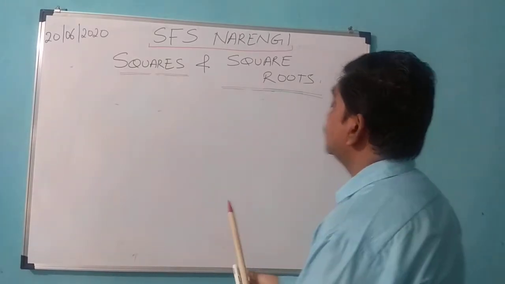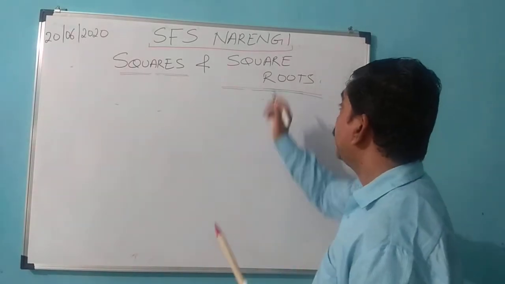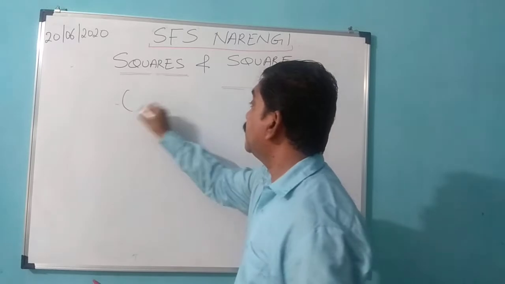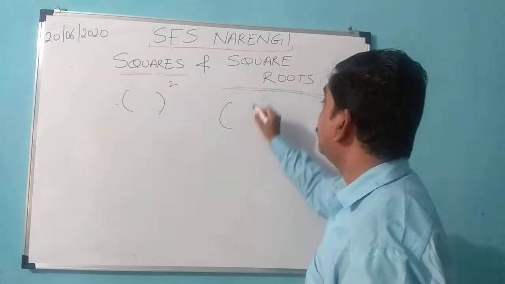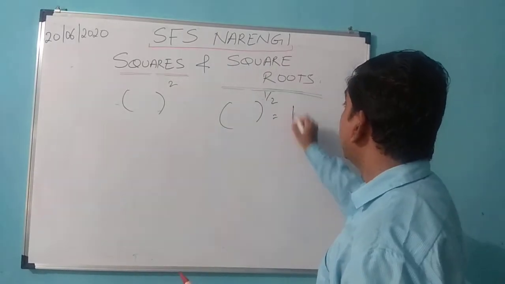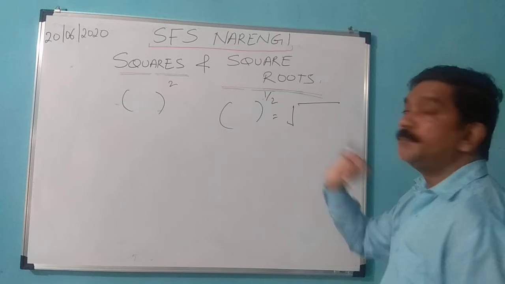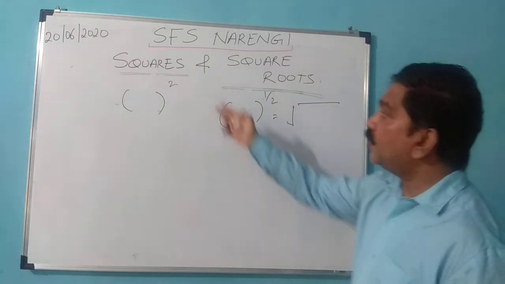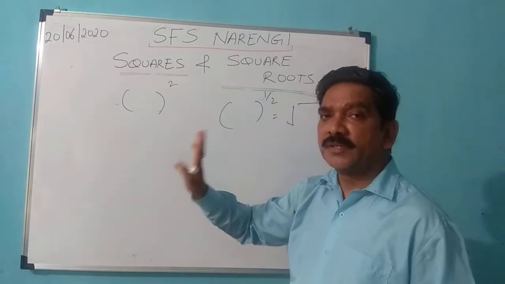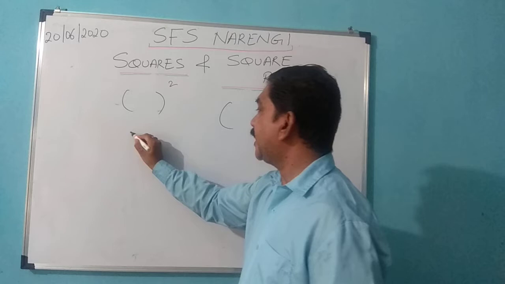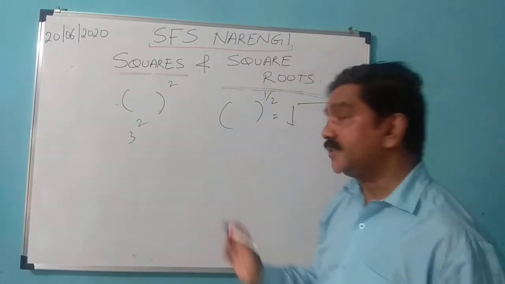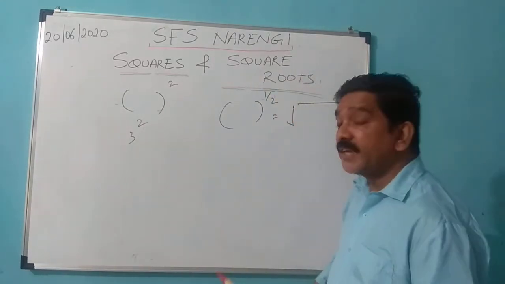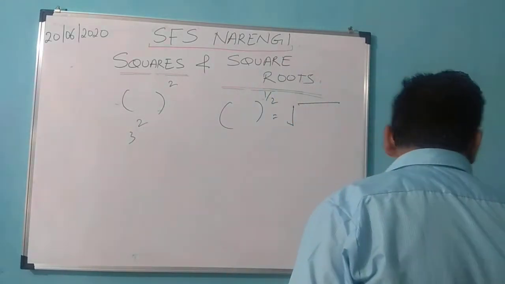One more thing, my dear students, please remember the square root: here the power was 2, here the power was half, or you can write it this way also. Both have the same meaning. Clear? Square root. But for square, you have only this way to write, no other way. Or at the most, you can write without brackets also. That's it. Clear? So let me start with exercise 6.3.